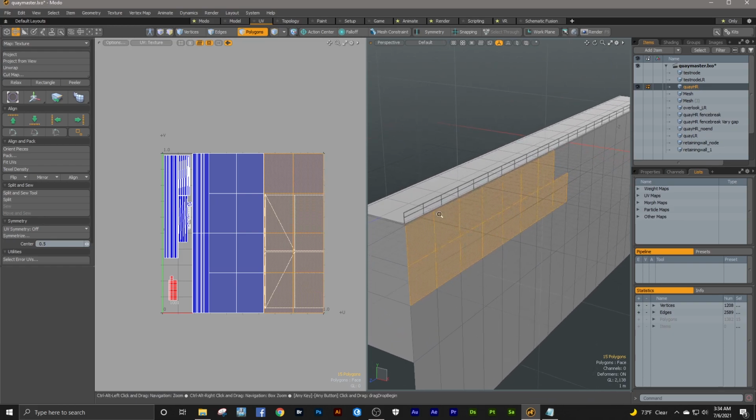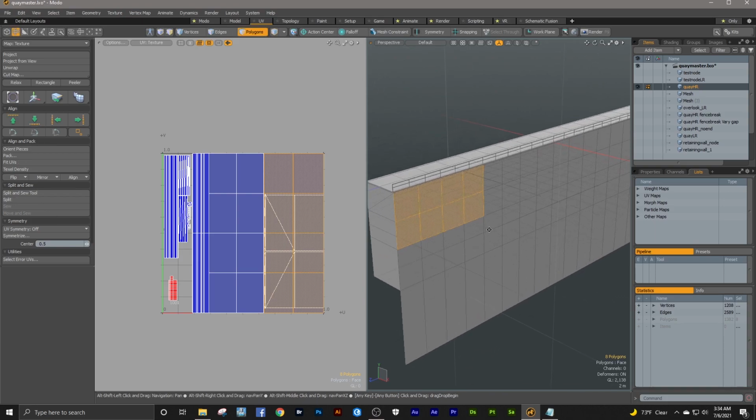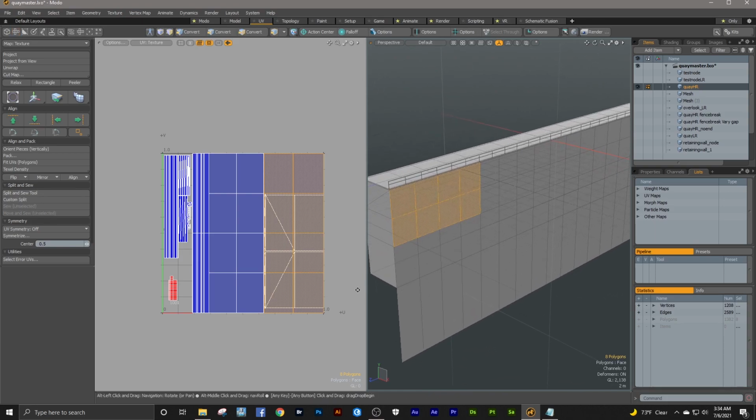So what I have done is I've textured these 4 polygons, and they span the entire width of the UV space. You have to run your texture all the way to the top and bottom edge. They scroll vertically,